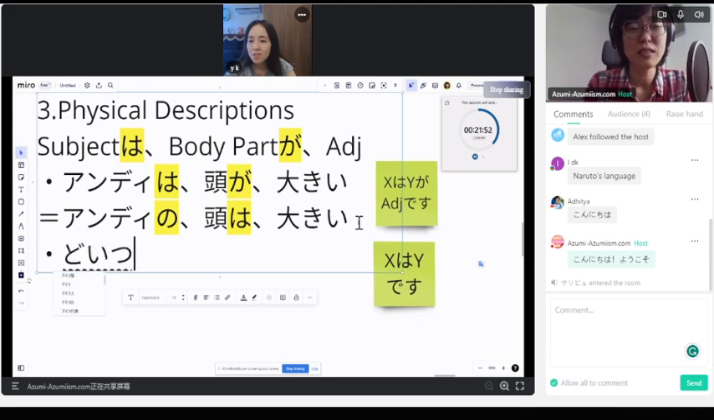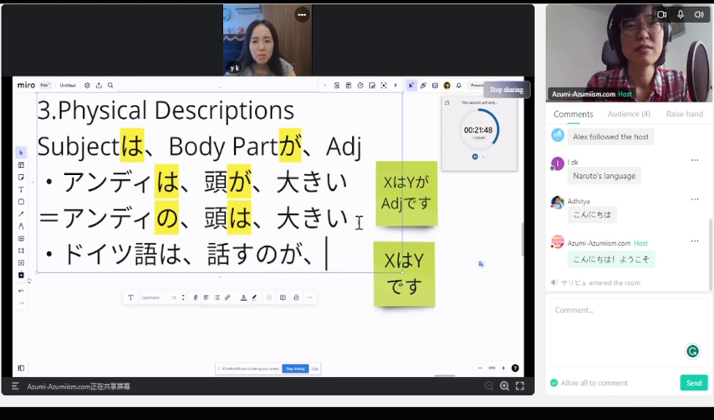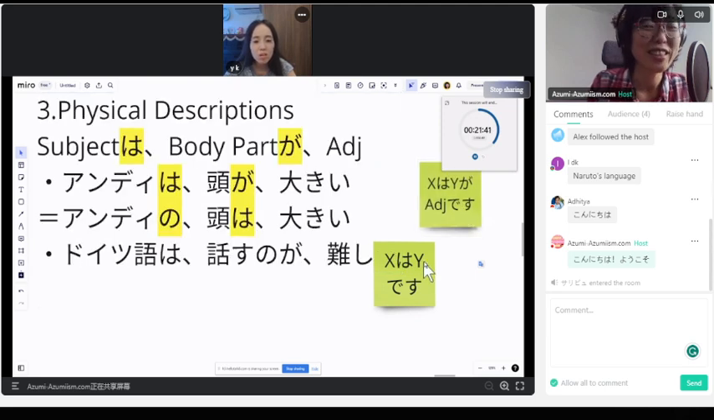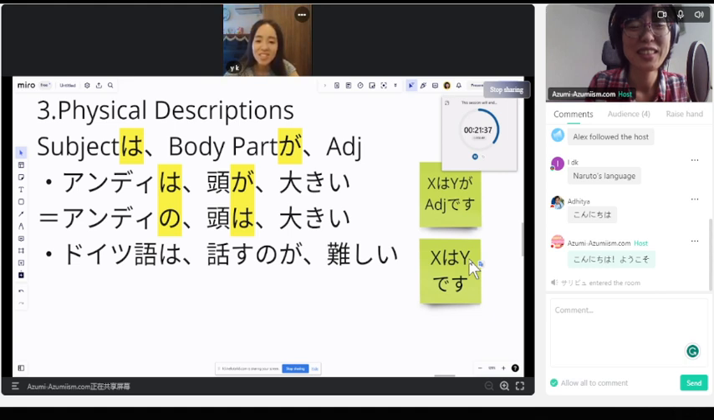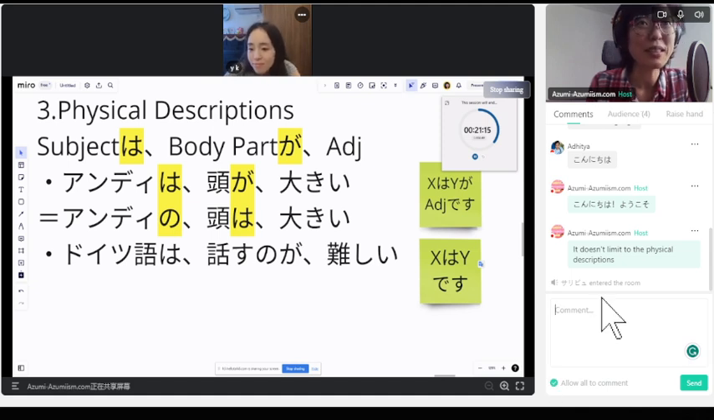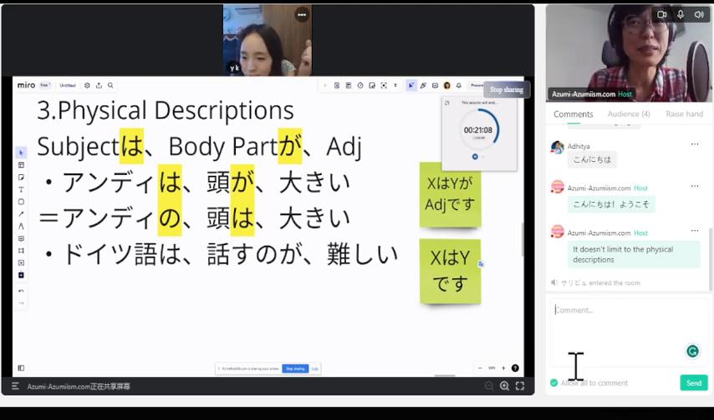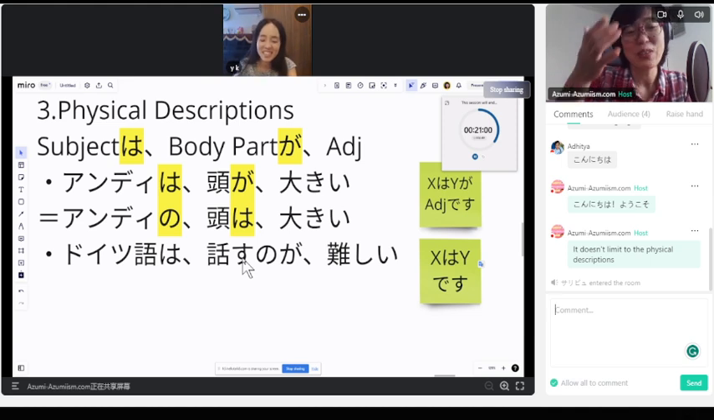ドイツ語は話すのが難しい。It's really common. For example, it doesn't limit to the physical description. もちろん physical description には限定されません。For example, ドイツ語は話すのが難しい。It's not a physical description. We are talking about ドイツ語。